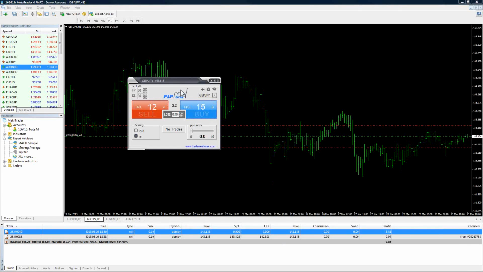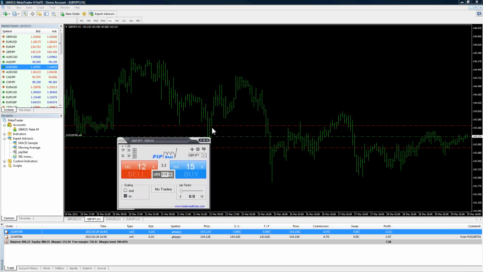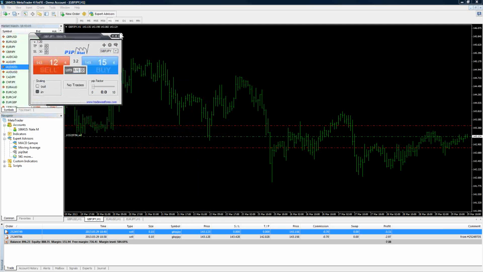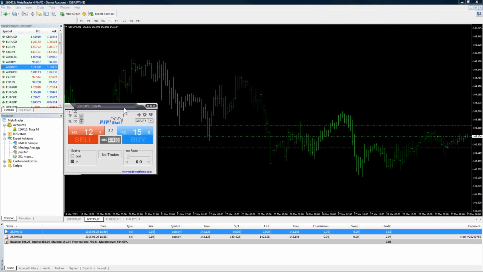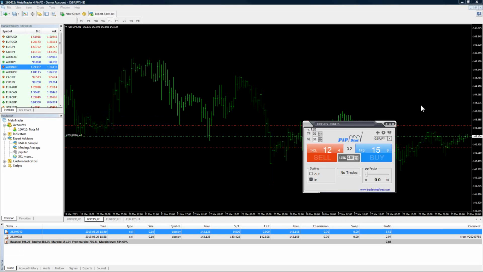There's a lot of benefits to this, but to go a little bit more in depth about what Pip Stat is doing, this is why I really like Pip Stat. Not just because it's a nice little floating tool that I can put off somewhere on my screen or on a different screen, or I can just have it there and I can see the price action and bigger numbers. It's not that. What I like about Pip Stat is Mike Swanson, of course.